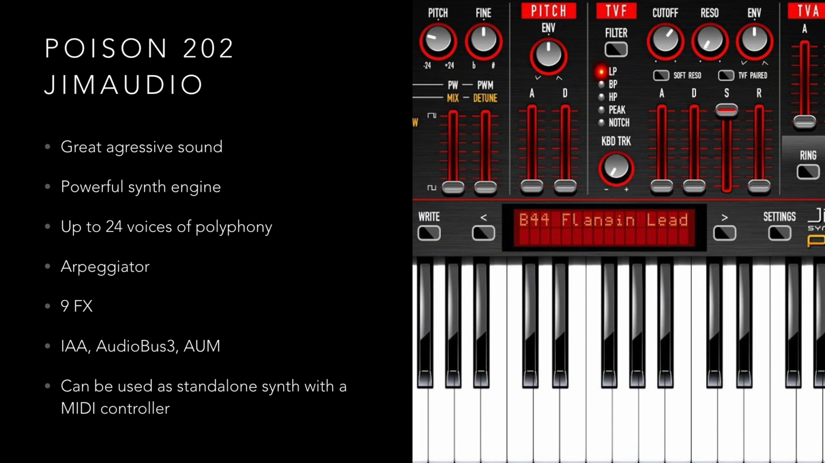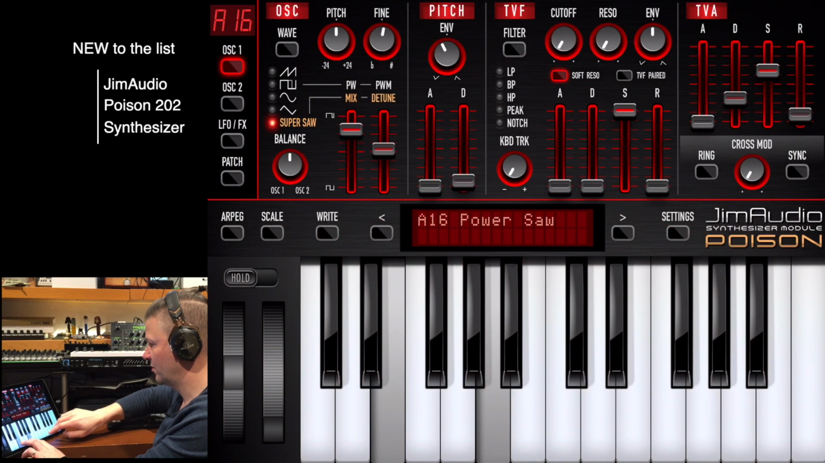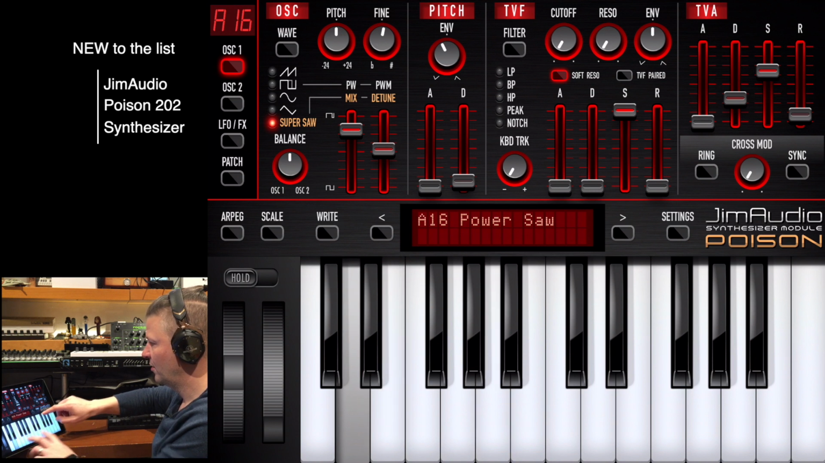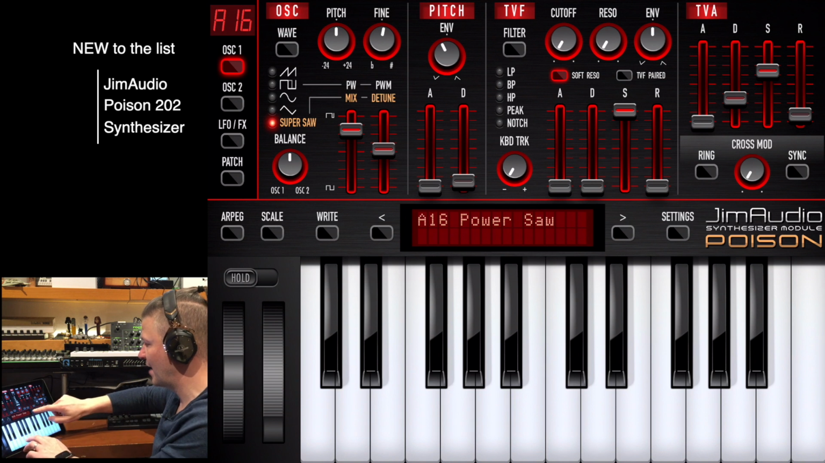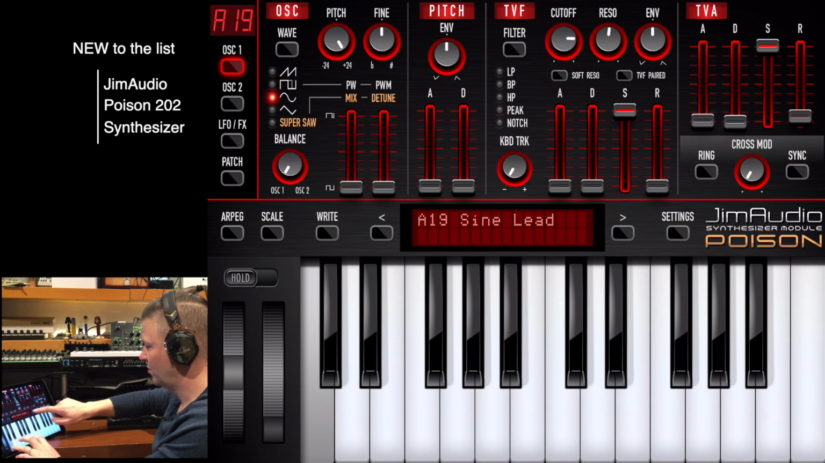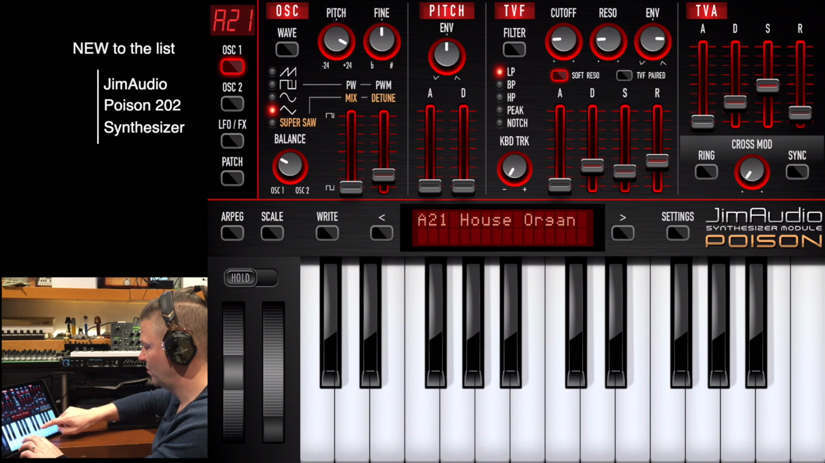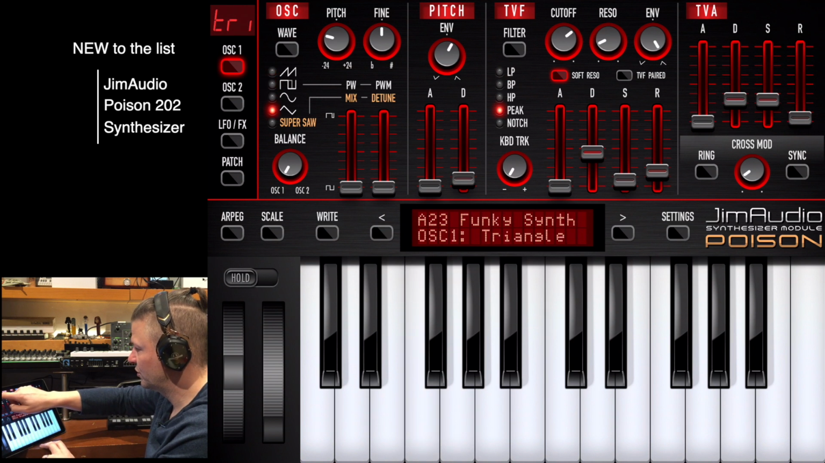Then you have Poison 202. Poison 202 is the one we were just talking about before that Groove Writer is using within his own engine. And for me, this one makes me believe I can get rid of my JP8000 from Roland, because it does everything. Because you've got the super saw here, and the super saw is